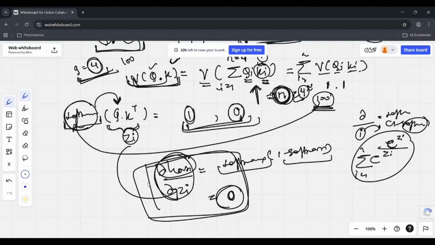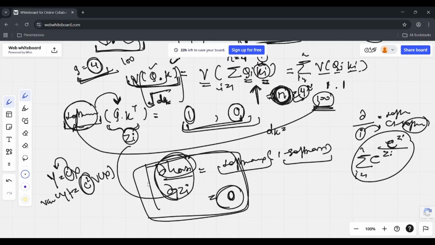So that is why, in order to balance this variance due to increasing dimensionality, we divide by the square root of dk, because we know the property of variance, right? If y is equal to cx, then the variance of y will be equal to c squared times the variance of x. So whenever a constant term comes out of the variance, a square happens. So if we are saying that the variance is n times, in order to balance this out we will divide by the square root of dk. When we take its variance, this will come out as dk, which is nothing but the dimensionality, which is nothing but the n.